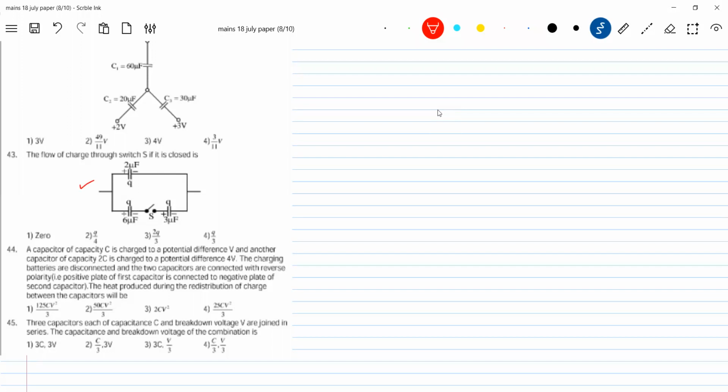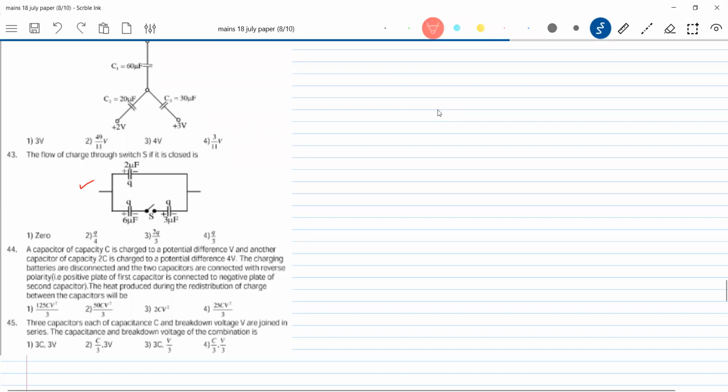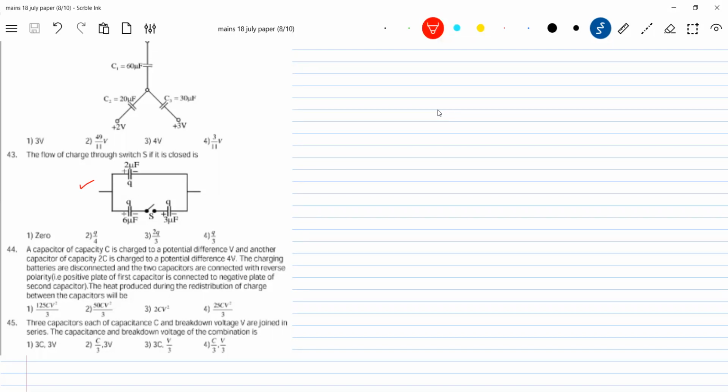Okay, sir. That's the same method you can apply, no? So these are initial charges. 6 microfarad. So charge is Q as given. Then after closing the switch, let the charges on them be Q1, Q2, Q3. So then go for comparison of final charges here. Charge of these two plates should be considered. I think you have to apply not one equation. 3 unknowns are there, no? So write Q1, Q2 after closing the switch.